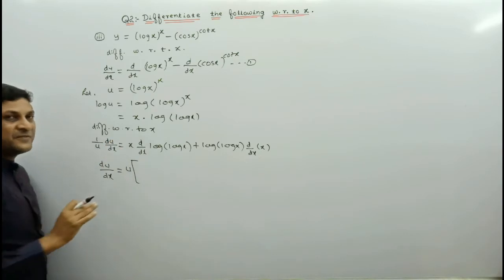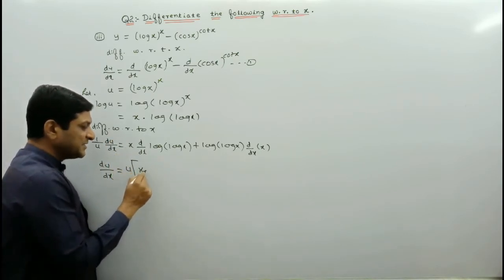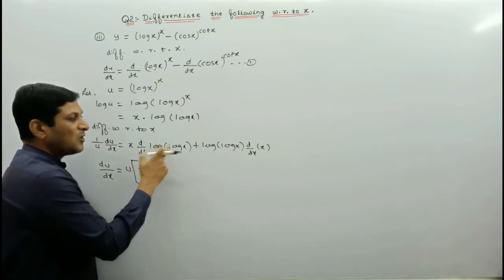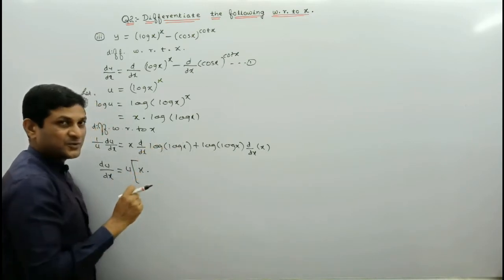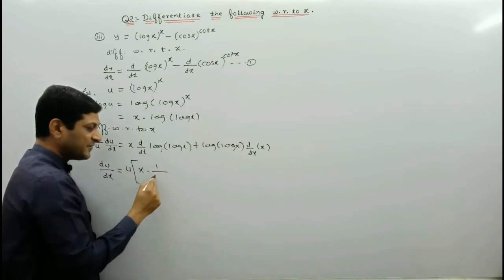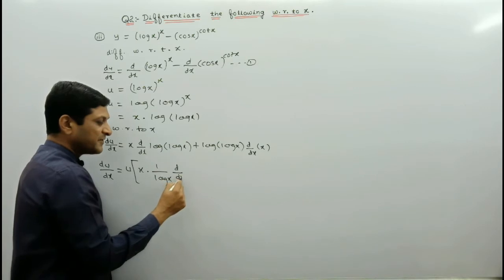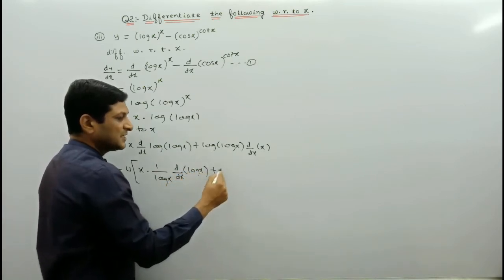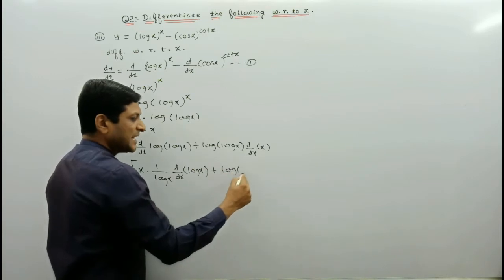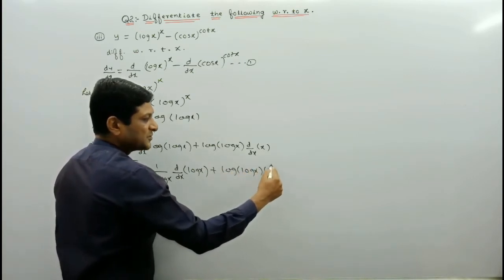Parallelly, we are simplifying this side. Now observe the simplification part. Keep this x as it is into log of log x. So this function is in the form of log f of x, so its differentiation is 1 upon f of x. What is f of x here? Log x into derivative of f of x. Derivative of f of x means derivative of log x, plus here log of log x, keep it as it is. What is derivative of x? Derivative of x will be equal to 1.